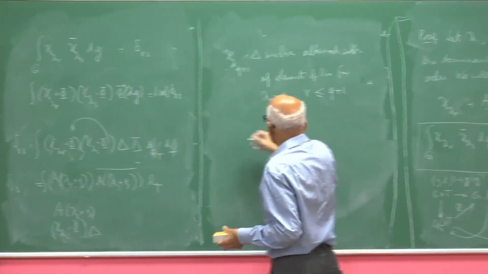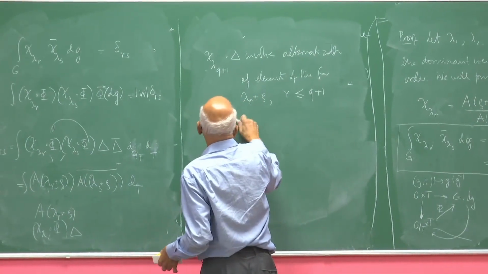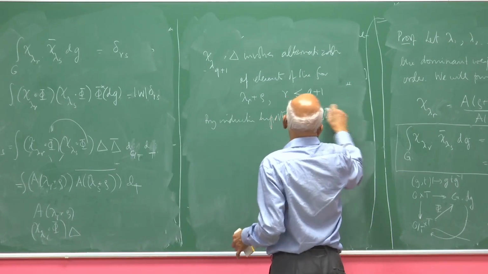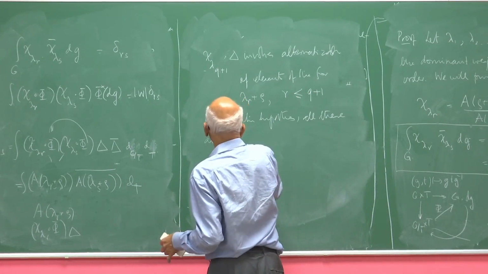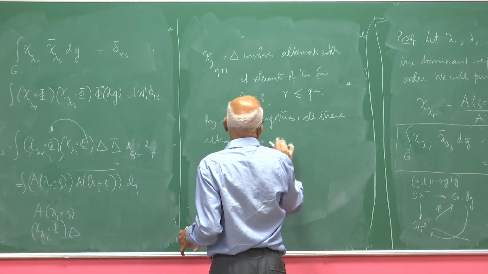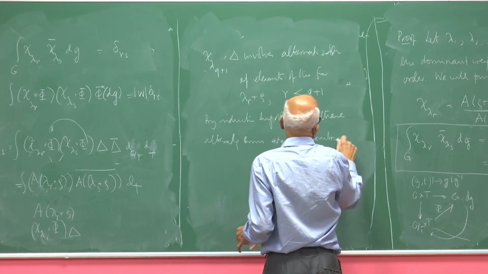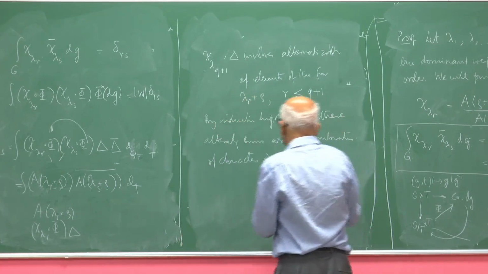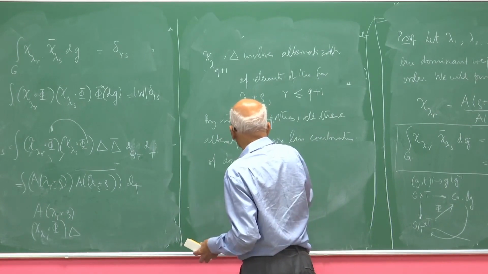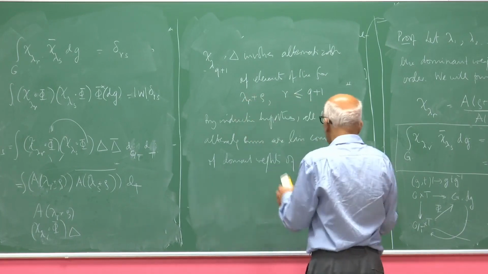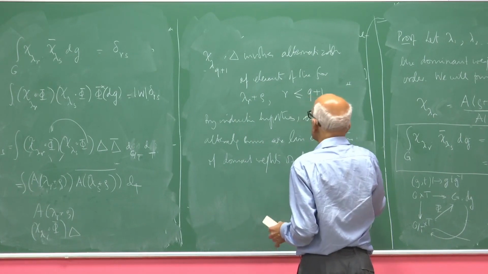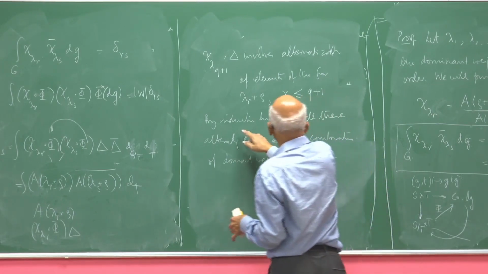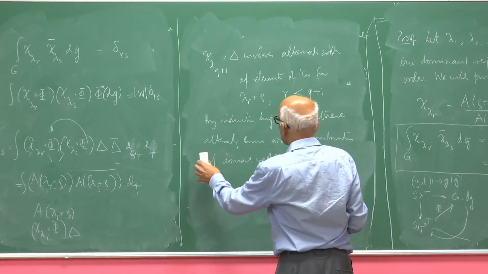But all this, by the induction hypothesis, all these alternating sums are linear combinations of characters, no sorry, linear combinations of dominant weights of the form lambda r plus q by induction hypothesis. Sorry, what I want to say is this: by induction hypothesis,